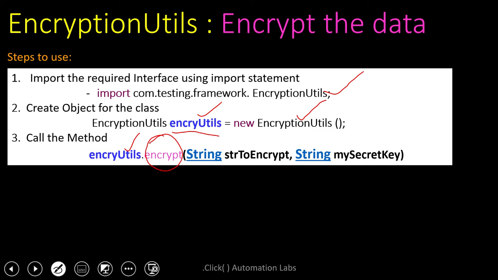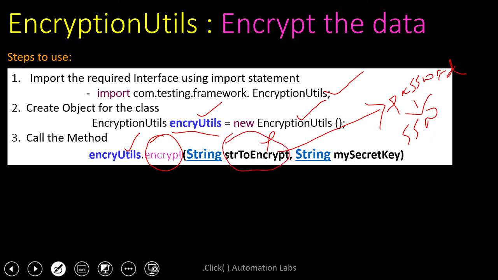The first is the string to encrypt, which is nothing but your password, or sometimes you might need to pass SSN numbers in US applications, maybe dummy, but sometimes something else which may be real-time data. Either a password or whatever sensitive data you want to encrypt, pass it over here.